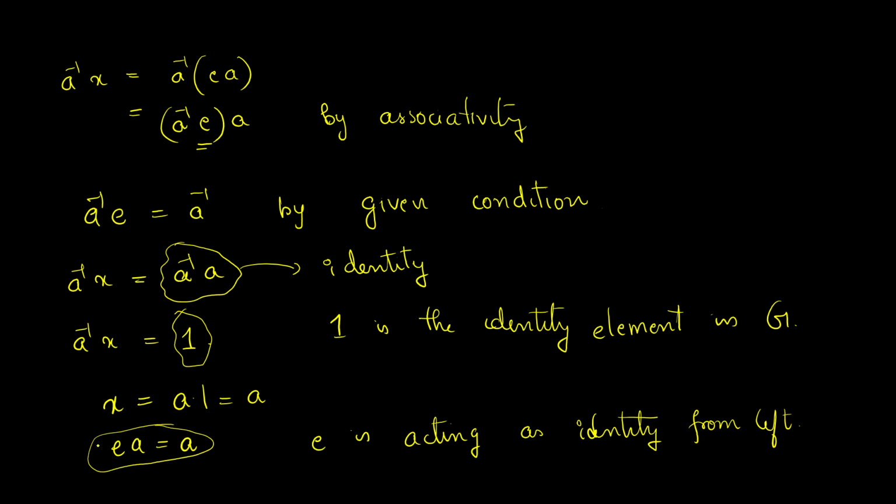All right. So here one-sided identity will automatically imply that it is a two-sided identity, and here E will be equal to 1. Okay, so in the definition of the group G, we are specifically demanding that it should be identity from the left and also from the right. But using this, we know that if G is already a group, and if we can see that one element is acting as an identity when we are operating using that element from the right, then automatically it will be an identity from the left also. But again, note that this is after we have the information that G is a